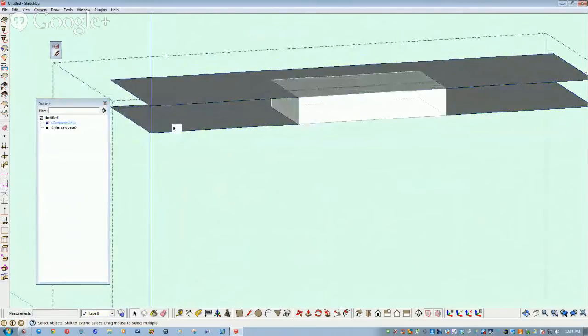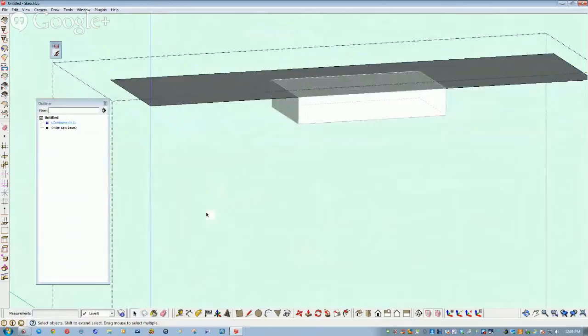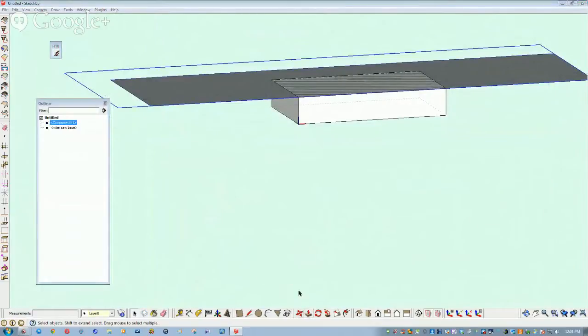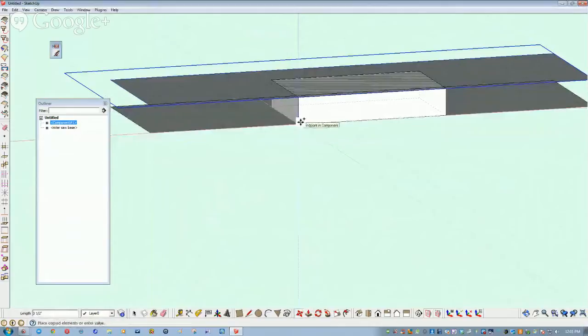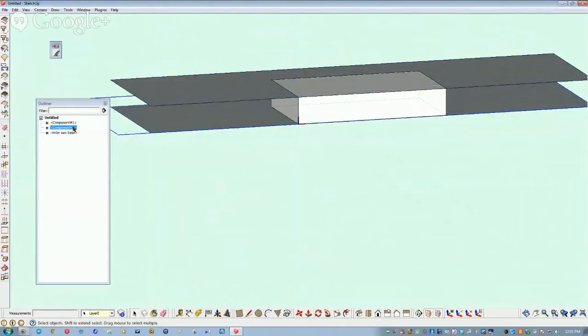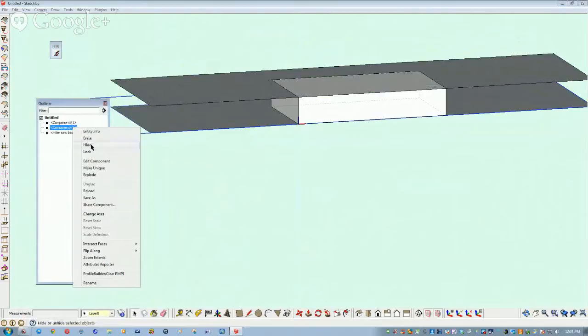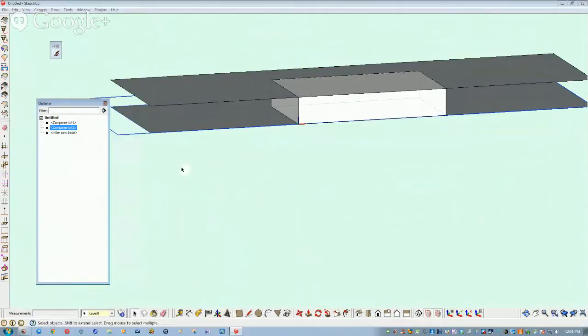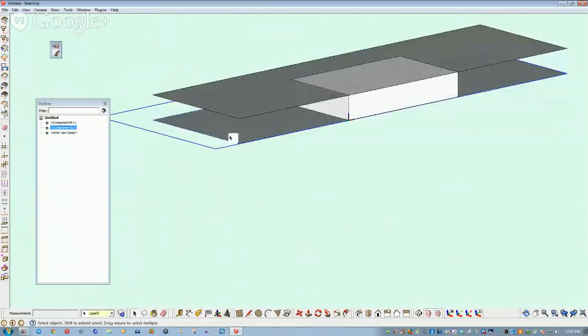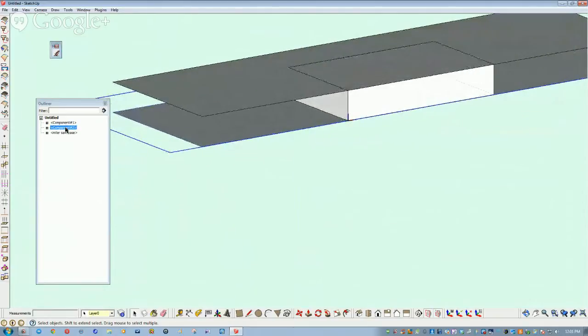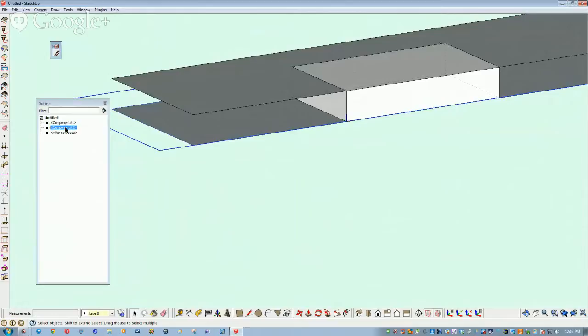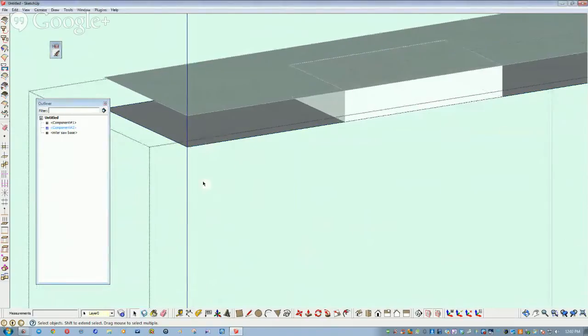Okay, that's not what I wanted to have happen. Now I will... my menus are telling me I have things selected, and then when I use them, they fail, which is not uncommon. It's a decent program, but it's free, so you take what you can get. Now I have made this active. I could rename it right now under entity info. I'm not going to yet, but I'm going to make it active, and I'm going to